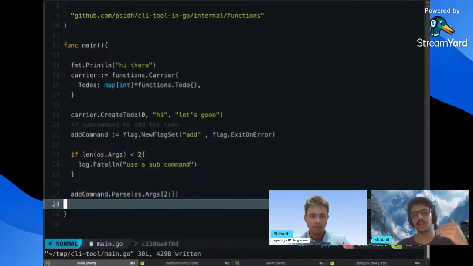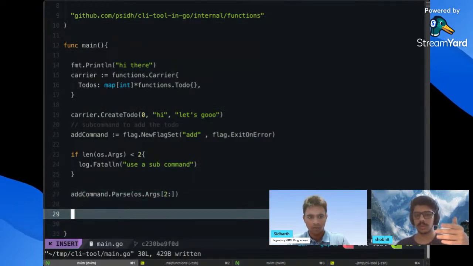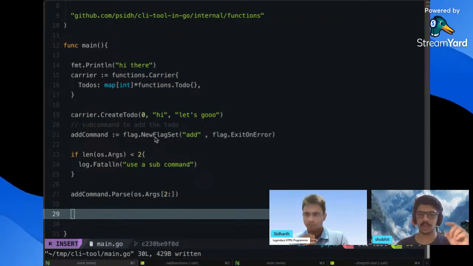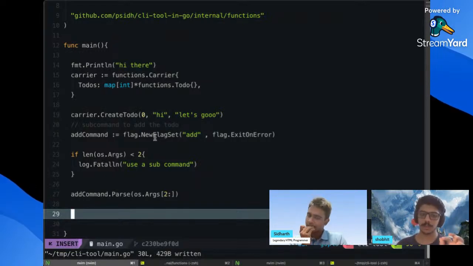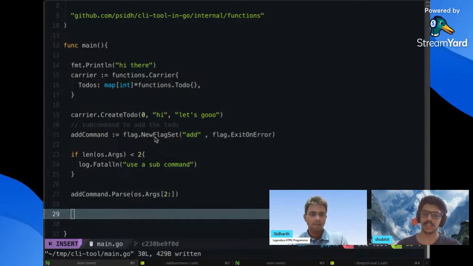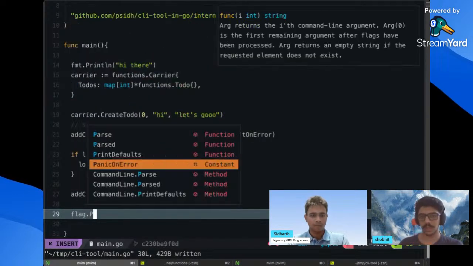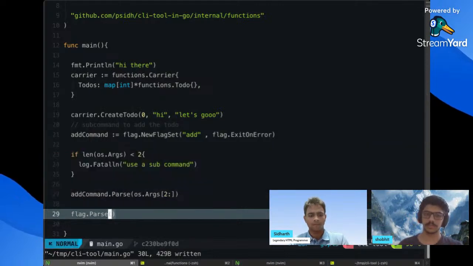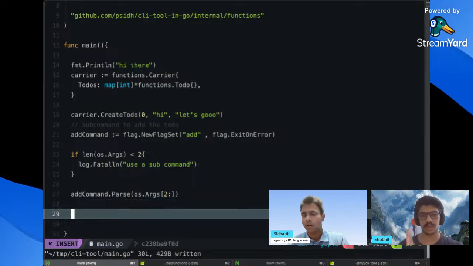जरूरत यूजुअली नहीं। क्या होता है कि अगर हम नॉर्मल कमांड यूज कर रहे होते हैं तो हम सीधा flag का जो हमारा ये स्टैंडर्ड लाइब्रेरी है, उसमें लास्ट में हम एक flag.Parse लिख देते हैं कि बेसिकली जो भी मैंने फ्लैग्स डिक्लेयर करे हैं, जो भी मैंने अपने कमांड्स डिक्लेयर करे हैं, उसको ऐसे पार्स कर दो। तो इसमें करने की जरूरत नहीं, क्योंकि हम सब कमांड्स के साथ कर रहे हैं। अगर उस पर हवर करेगा तो उसमें वन से दिखा देना, वन से जो भी। तो यही लॉजिक है कि अगर हम मेन कमांड यूज